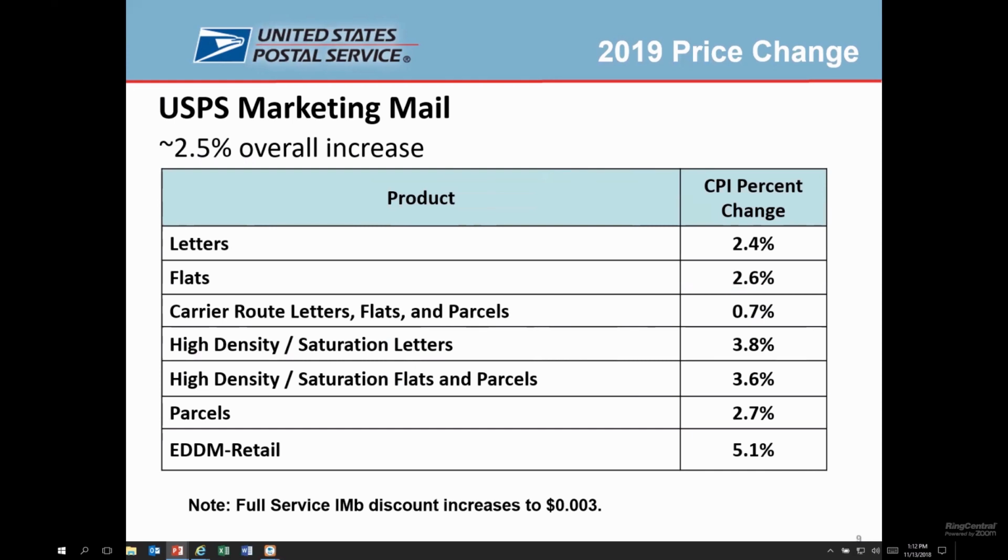Higher than average increase for high density saturation flats. I'll talk about those in the next few slides in a little more detail. Marketing mail parcels, which are also underwater, got a higher than average increase, and in EDDM retail, a 5.1% increase. That has seen lower than average increases the last 2 years, so we're giving that a little more price this